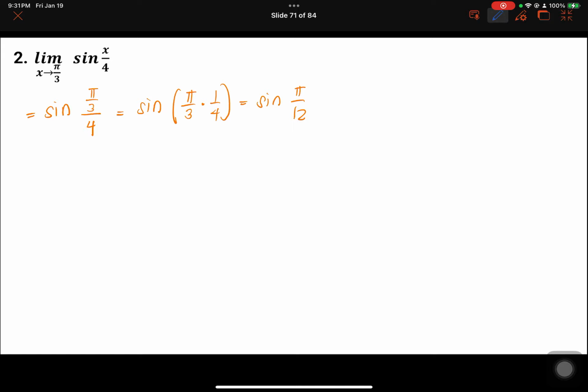So we can have sine pi over 12 ay equivalent po kay sine pi over 4 cosine pi over 6 minus cosine pi over 4 sine pi over 6. Okay, then you will find the value of each